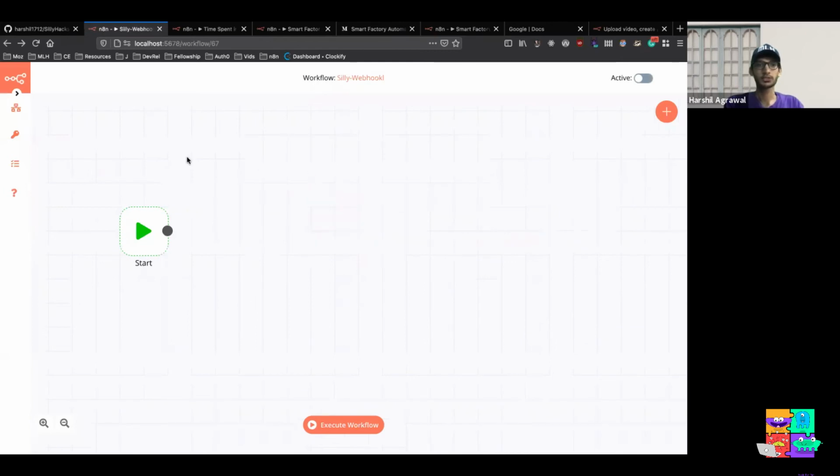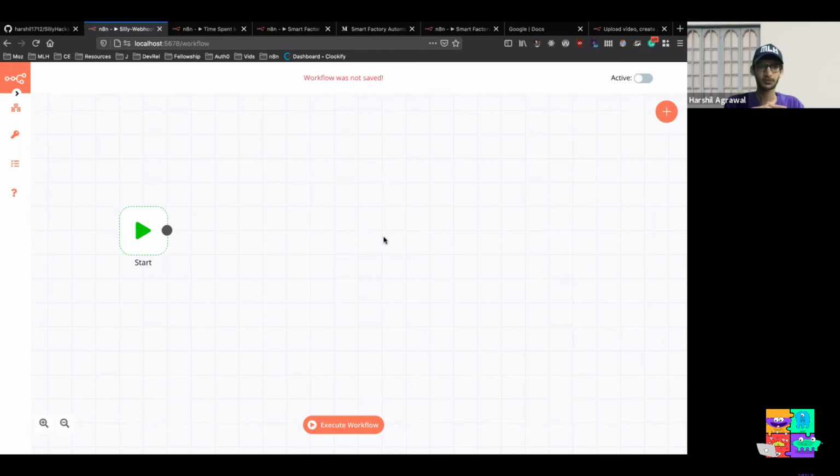So yeah, this is how you can use the existing workflows that the community has built. Also, it would be really cool if you share your workflow with us, the same way the folks shared their workflow, and I would love to see what you all build. Since we don't have any more questions, let's go ahead and build the second workflow